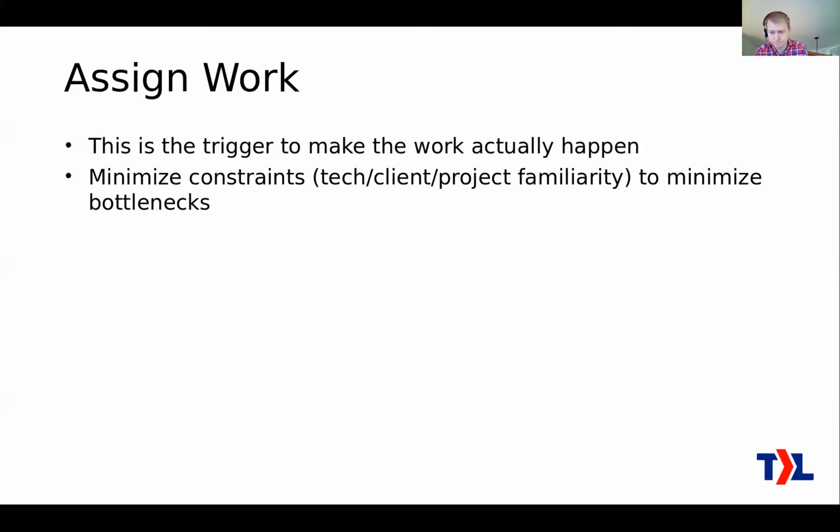Now, one of the biggest blocks to the smooth flow of the work is the bottlenecks, okay, where certain work depends on certain team members. Maybe as an example, you have only one senior engineer who needs to be consulted on like half of your tickets. Okay, this is going to lead to fairly long queues for certain types of work. Any work that doesn't have to go through that engineer is going to go really fast because just anybody can do it. But all the work that has to go through that engineer, it could be half of your work, all of that's going to get really delayed, okay?